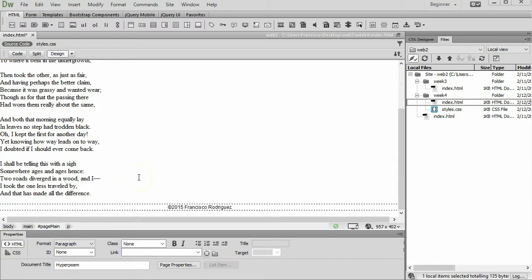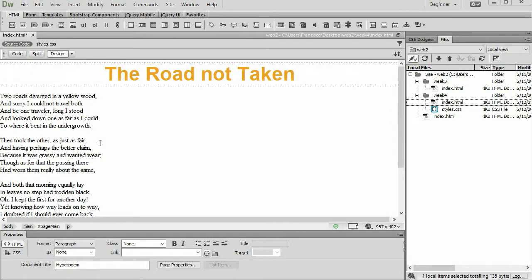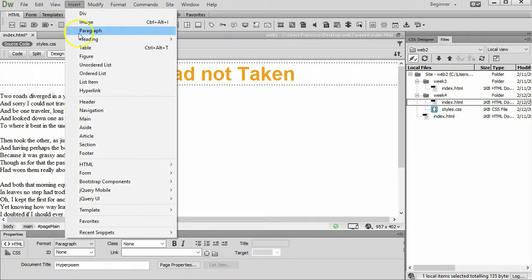Okay, so the rest of my poem has been laid out and pasted. I have added the correct line breaks. Is there a way to maybe do the shift return straight from Dreamweaver? Yes, there is. I think you'll find that it's a little bit easier if you just do shift and return,